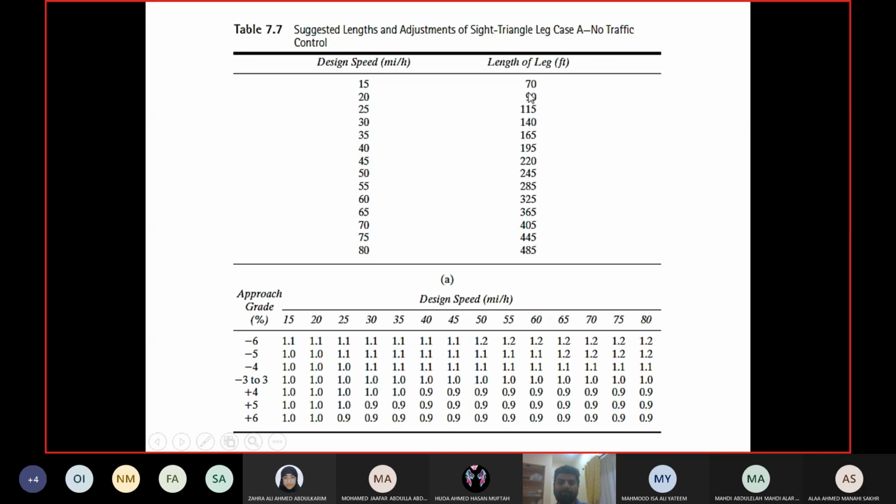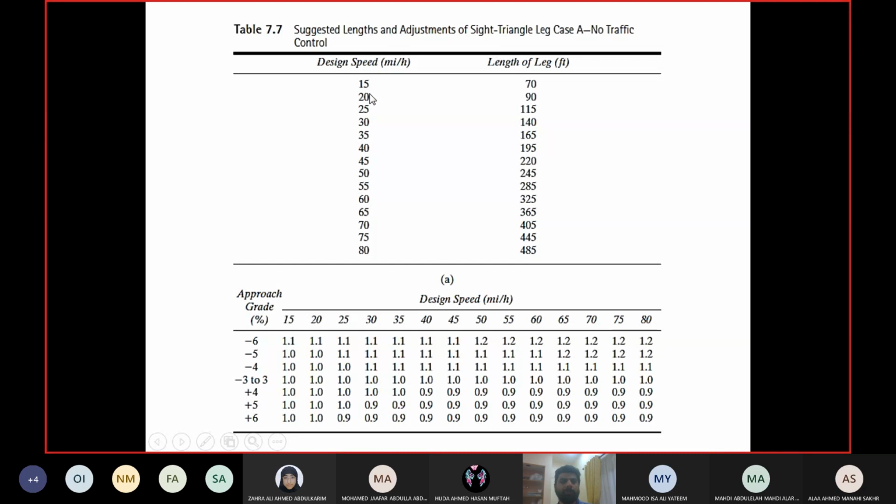89.4 is somewhere here. If you want to interpolate to find out the exact value of speed, you can. But 89.4 and 90 are almost the same. Even if you interpolate, you will get a value of 19.99 miles per hour, so it doesn't make sense to interpolate here. I will just assume that it is almost 90.